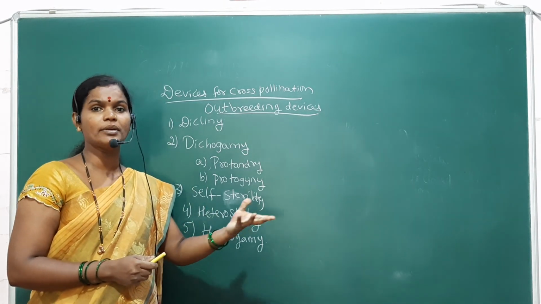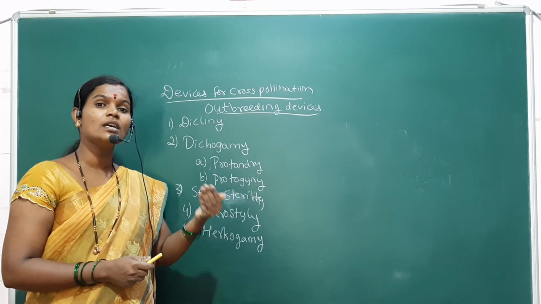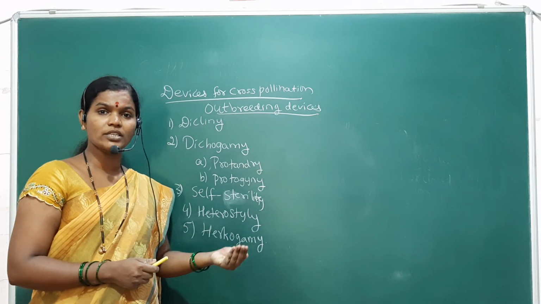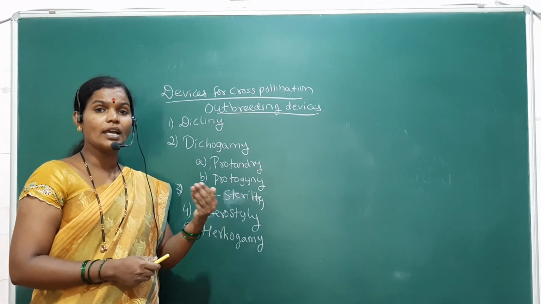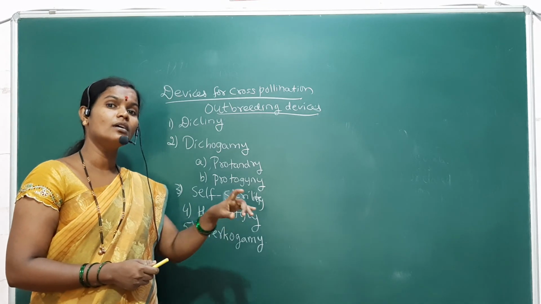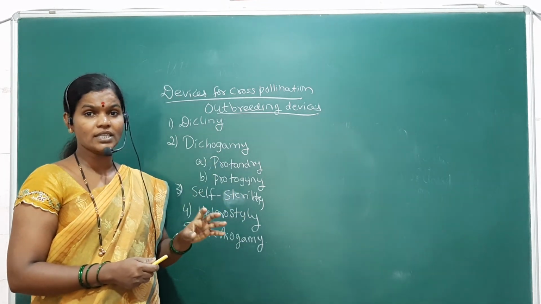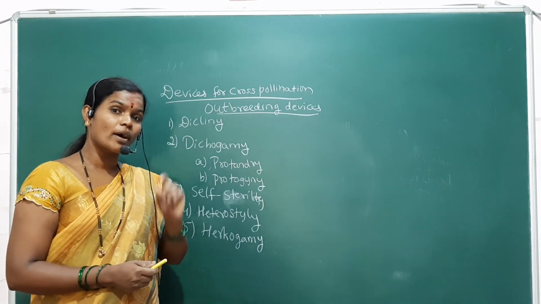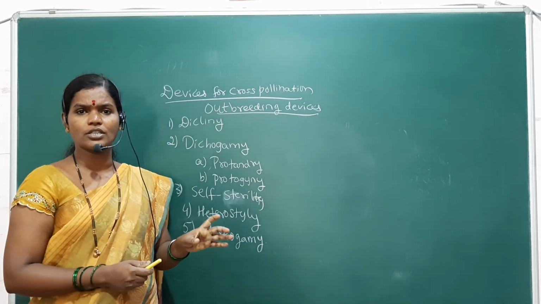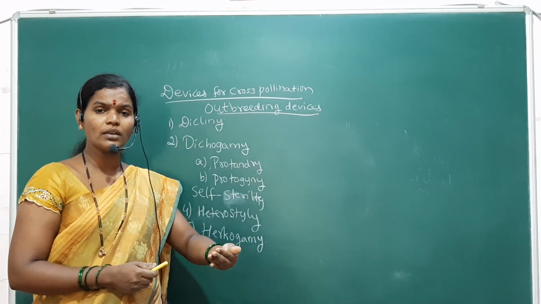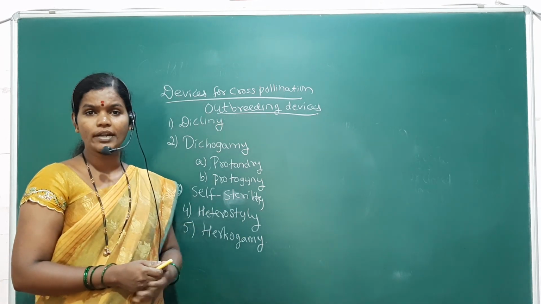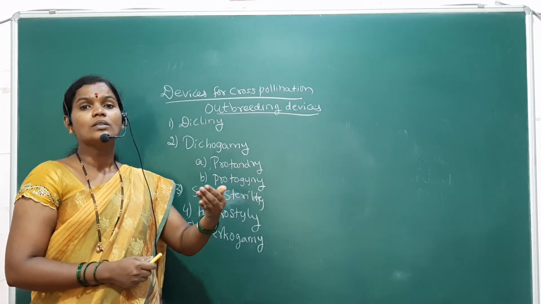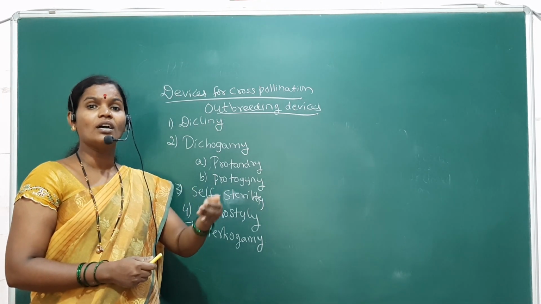Genetic variation will be there. Mutations we can see, changes we can see, new appearance we can see. All these points are there if cross pollination occurs. And inbreeding depression means the quality of cereals, pulses and seeds can be improved by cross pollination. Whereas by self pollination, quality of the seeds can be seen only up to a few generations. First generation seed quality may be best and second generation seed quality may be best. But as the generations continue, the quality of this